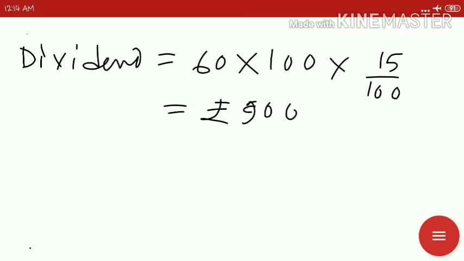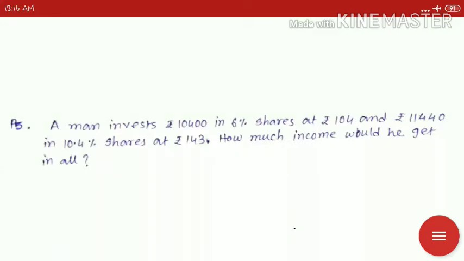So that's the solution. Now you can easily find out what is correct or wrong from your solution. If you find any problems in there, you can check it from my solution and solve it. Now we will move to our next problem, the fifth problem. That is our fifth problem. This problem said that a man invests 10,400 in 6% shares at rupees 104 and